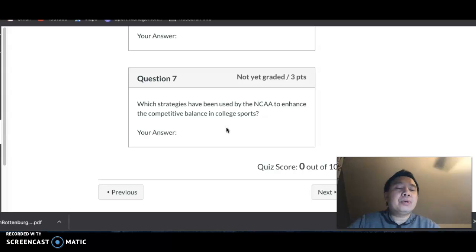Right, they also put schools together into different conferences. They also introduce a lot of different types of rules, like anti-doping rules, for instance. Right, so drug testing rules are also one strategy. They try to prevent athletes from using performance-enhancing strategies to improve their performance, so they will not take advantage in the competitions. Okay, so this is about the second question. Any question? Please email me and let me know.